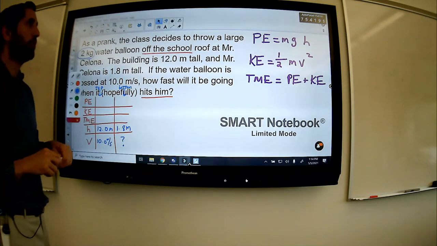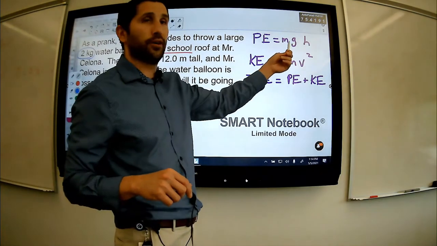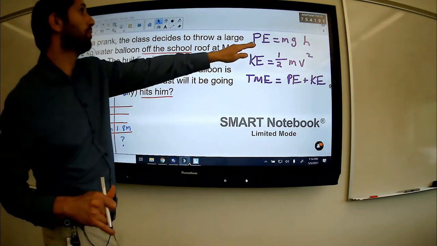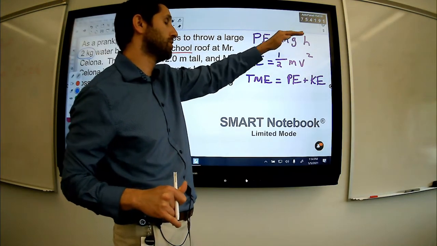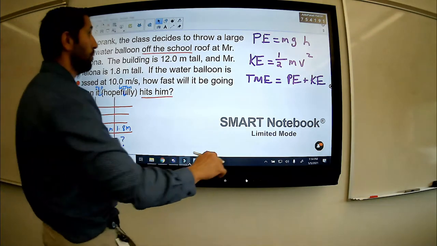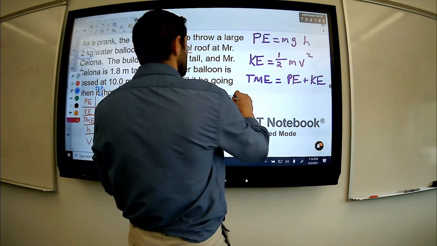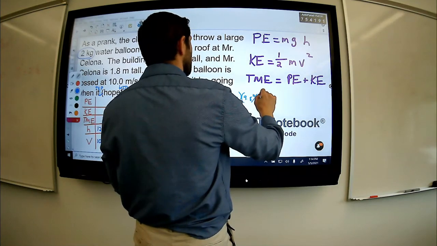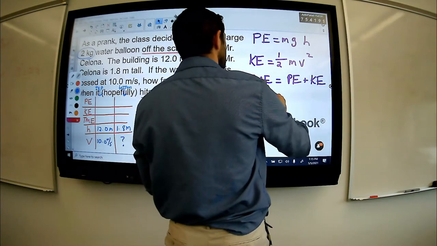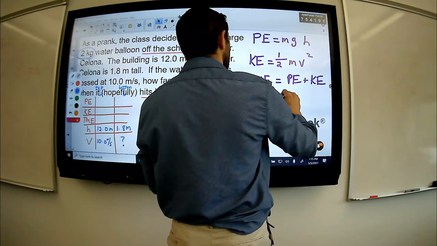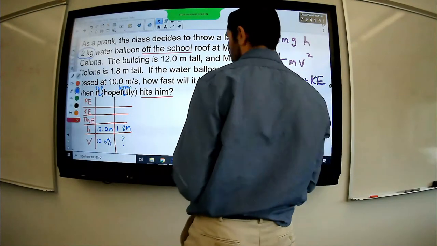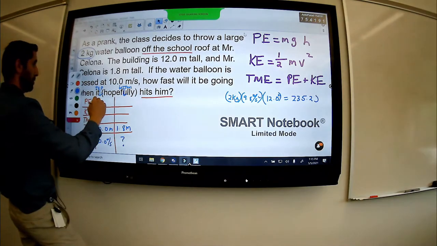So the first thing we'll do is calculate the potential energy of the object when it's 12 meters up in the air. So we see here potential energy equals m times g times h. So I'm going to do 2 kilograms times 9.8 meters per second squared times the height, which is 12 meters. Let's pull up the calculator here. So I'm going to put that here, 235.2